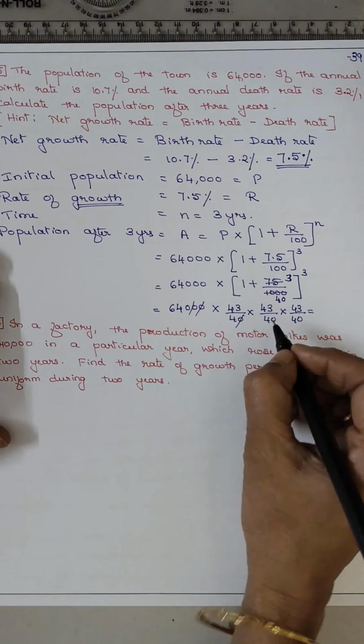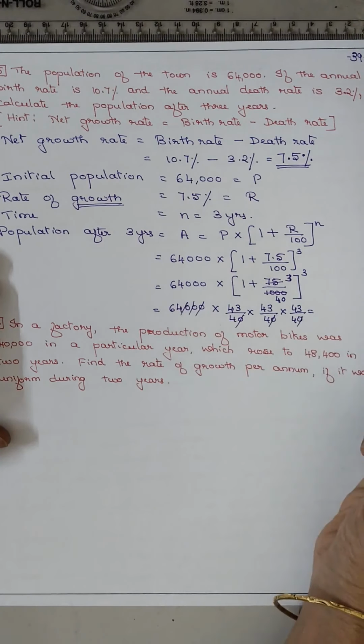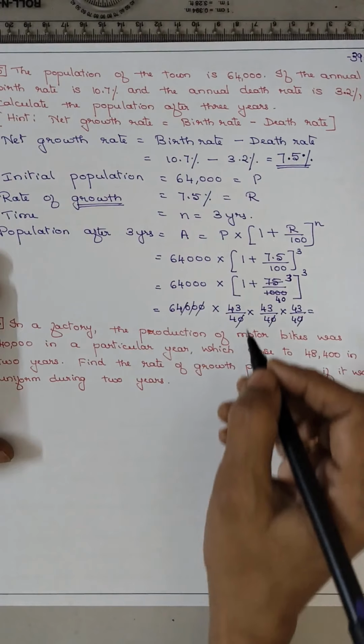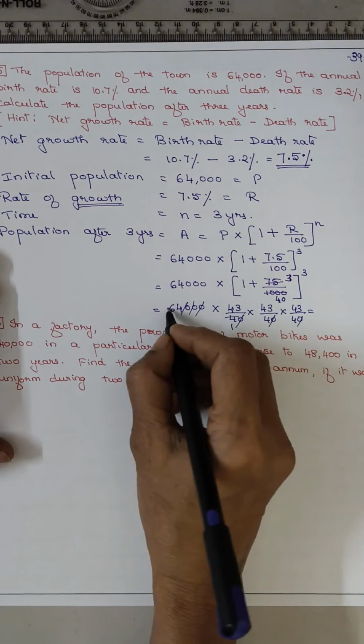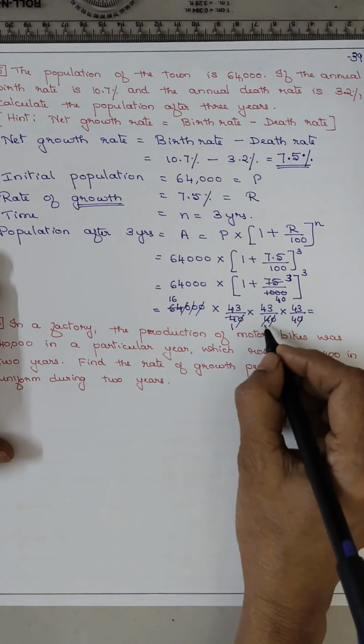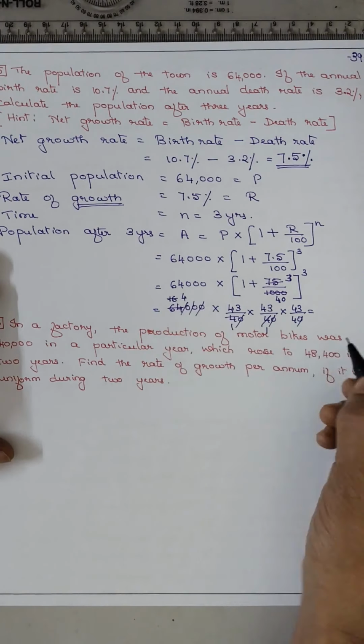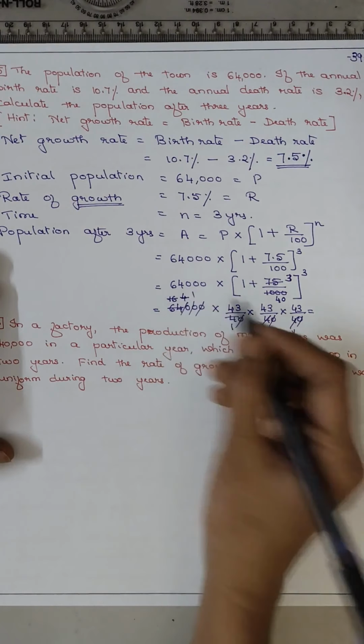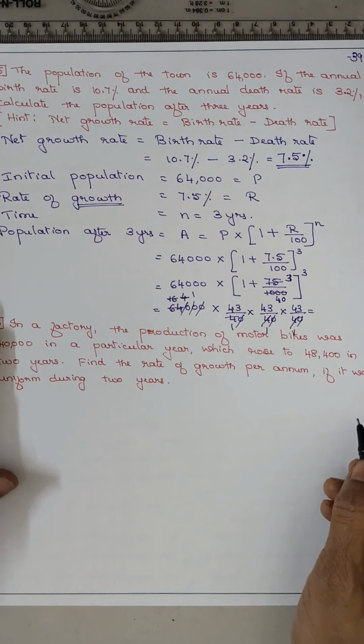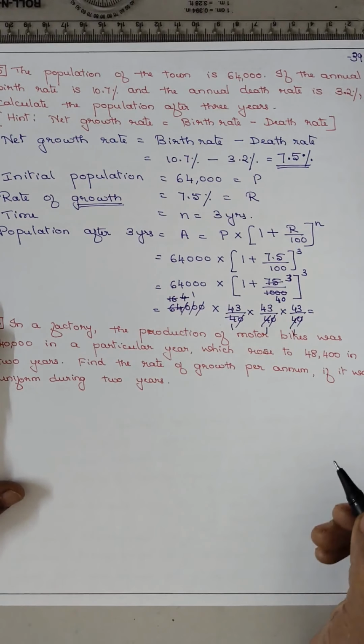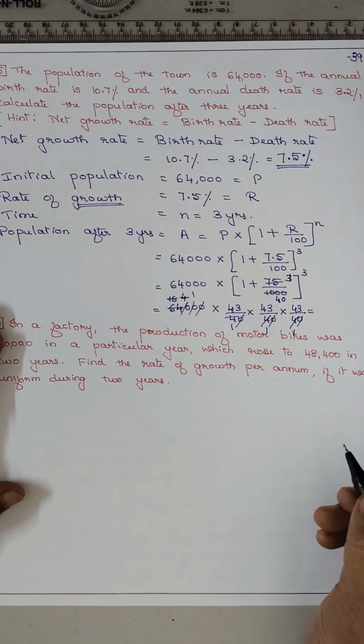Zeros get cancelled. Now 4 ones are 4, 4 4s are 16. So 43 into 43 into 43, it will be